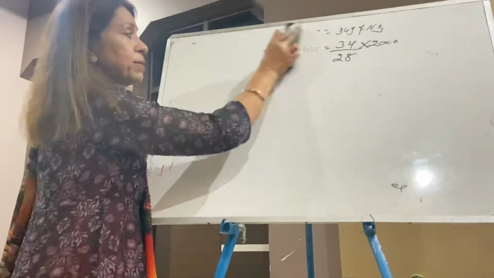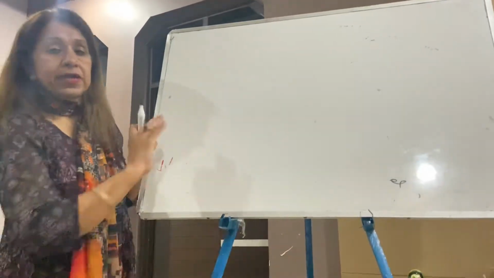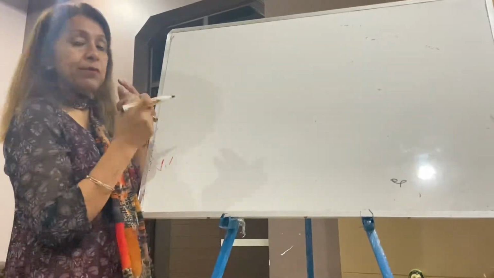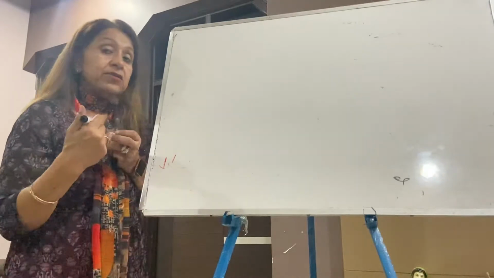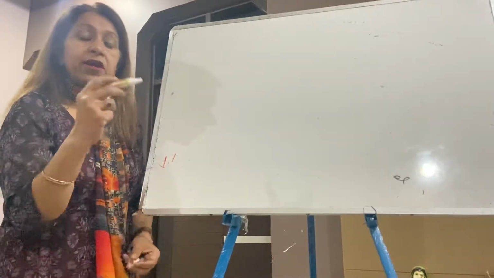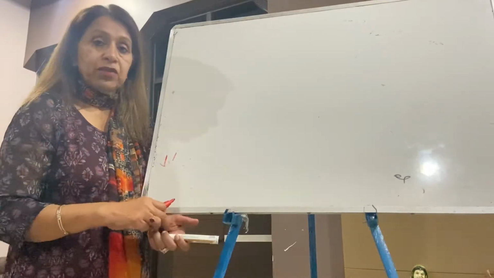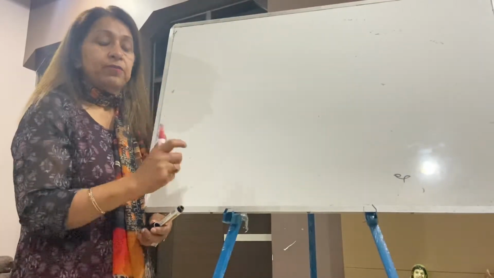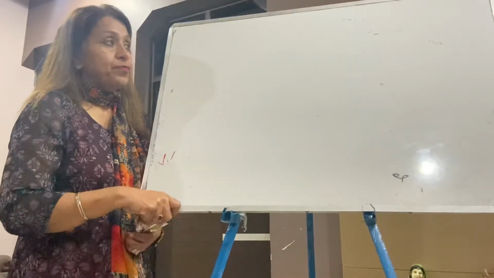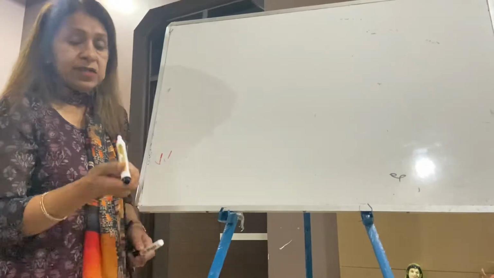Now how will you do the numericals? You will apply the unitary method on both sides. The first step is how you come to know the numerical is of limiting reactant: by seeing the reactants' amounts. If all the reactant amounts are given, with nothing to calculate from the reactant side, then the numerical is of the limiting reactant. Then you apply the unitary method, this side and this side, and then the amount will decide which one is the limiting reactant. Now, the third time, I am taking a numerical from NCERT.